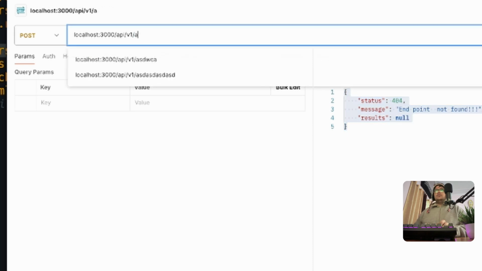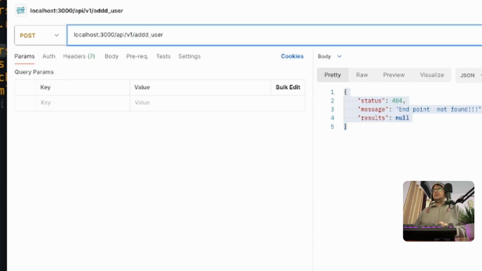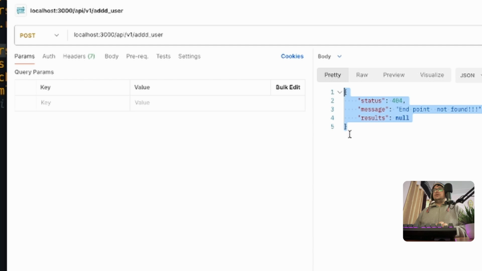So even if I do this add user with an extra d, then it will also work like this. So it works as a catch-all route. So as you can see, it is working fine now. And let's implement our main feature,